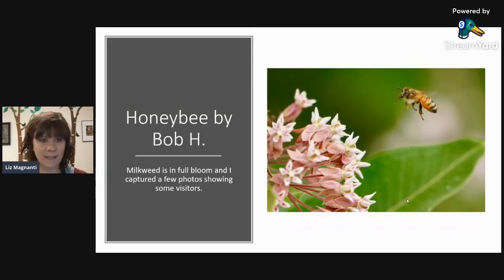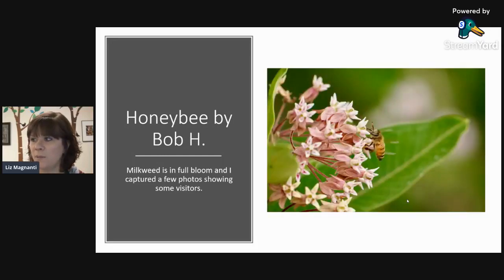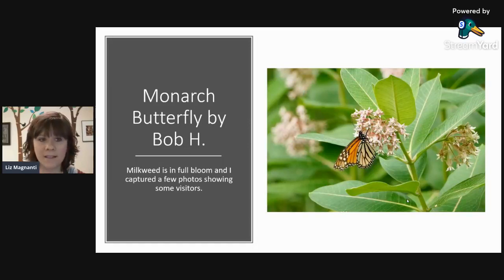And the insects are definitely out and about. The milkweed has been in bloom. There's lots of bees exploring the milkweed. Bob sent in this photo of a honeybee here going to the milkweed. And then monarchs. I saw my first monarch in my backyard yesterday, but I've been seeing them out and around a little bit. So they are here. They're definitely laying their eggs on the milkweed. So now's a good time to look under those leaves and see if you can find any kind of eggs